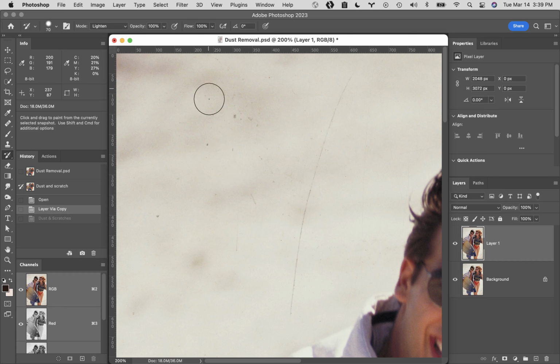I'm going to make my brush considerably smaller. Again, you don't want to be painting on areas that do not need to be fixed. But now, instead of using the clone stamp tool where you have to do all sorts of sampling and all of that kind of stuff, I don't need to do any of that. All I need to do is paint right over the little dust spots, and I get rid of them all. And then I'm just going to paint right along the scratch that's there, and I can get rid of it